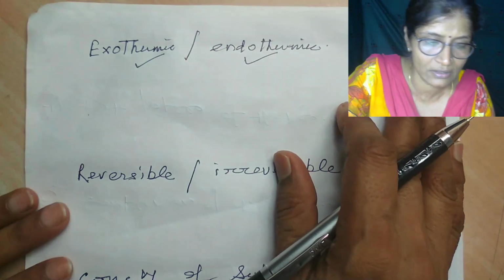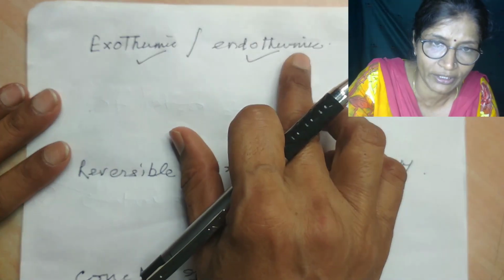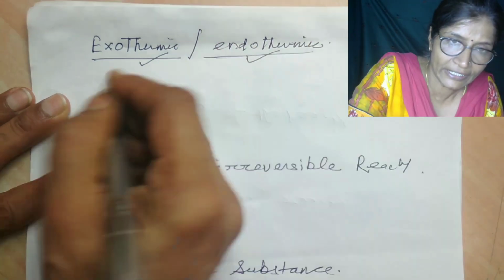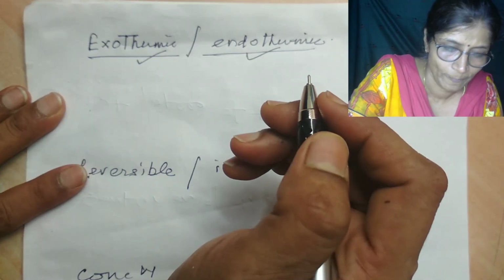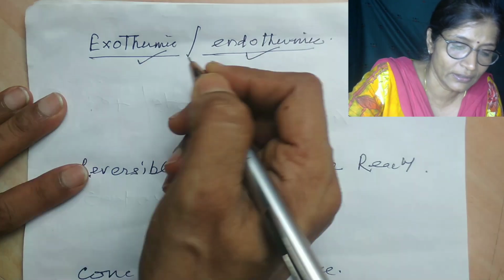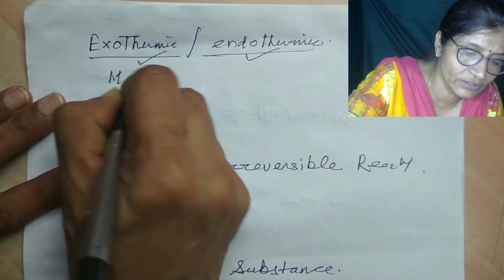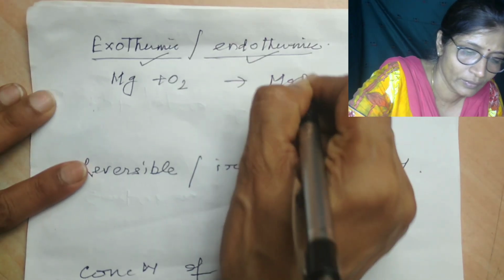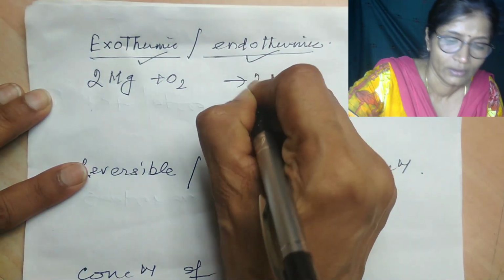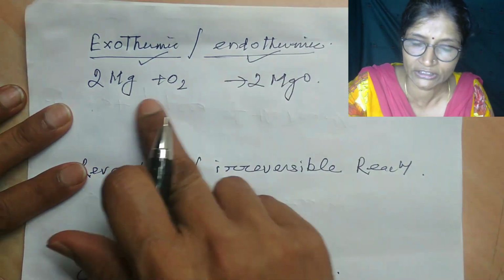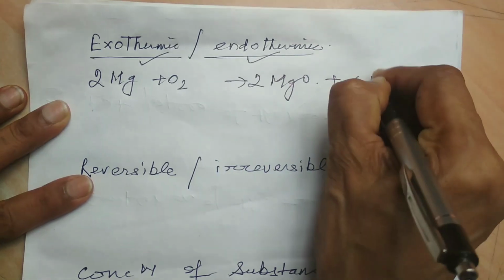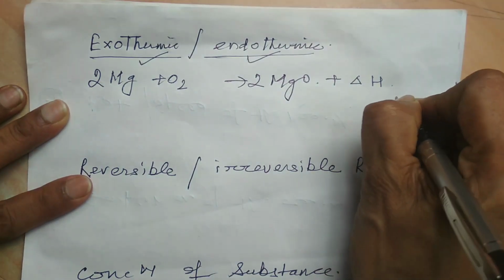Okay, now time taken and rate of the reaction, I'm leaving these for now, because this information cannot be shown yet, nothing is mentioned so that we can get it. Exothermic and endothermic reaction: suppose the reaction is exothermic, like magnesium reacts with oxygen and gives magnesium oxide. Nothing is mentioned here whether the reaction is exothermic or endothermic, but suppose I write here plus delta H or plus heat energy.